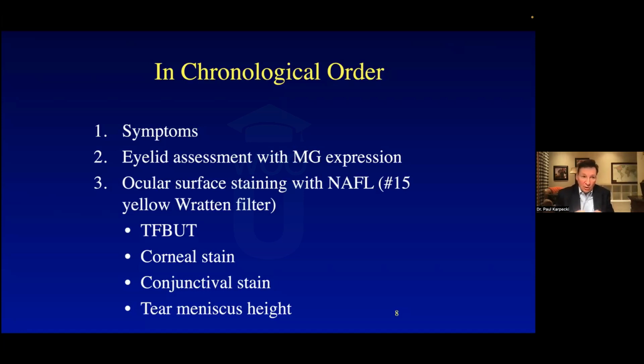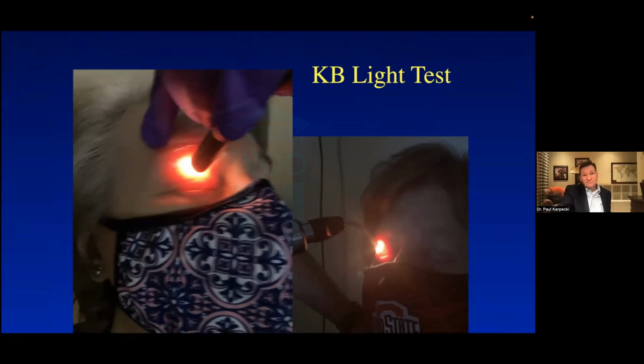If the tear height's really low, there's an aqueous deficient component. If the expression is perfect, then there's only aqueous or mucin deficient. If the expression's not good, then that's evaporative, especially if the tear height's normal. So you could get a lot just by putting it together. But on occasion, there are other types of dry eye. There's one I call exposure related, where patients have an inadequate lid seal. And it's a Korb-Blackie light test where you take a pen light in a dark lane, have the patient close their eyes like they're sleeping, put the pen light here, and you will see a bright beam of light coming down, like that Ohio State patient on the right.